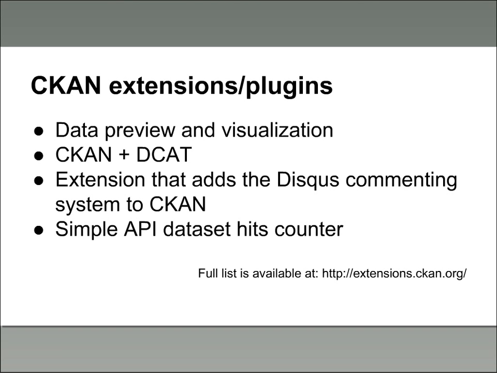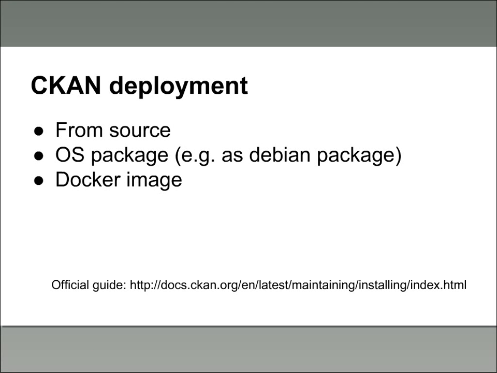So please don't worry about the Python environment and setup of Apache Solr, which is quite complex. The second option is to install it from the OS package, like from a Debian package, for instance. This will work for you if you only want to run one CKAN per server or one CKAN per virtual machine. The drawbacks of the packages are that they're not very well maintained, or in other words, you will have to wait a long time for them to be updated. The third option, which is the best, I think, if you don't want to develop CKAN, is just to use a Docker image. A Docker image can be compiled by yourself, and the latest version